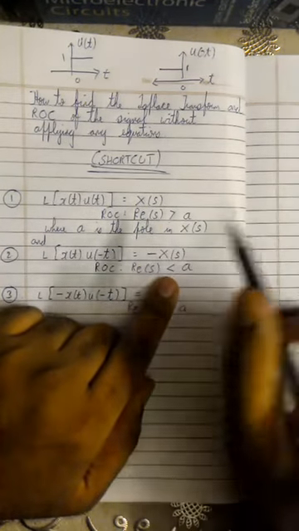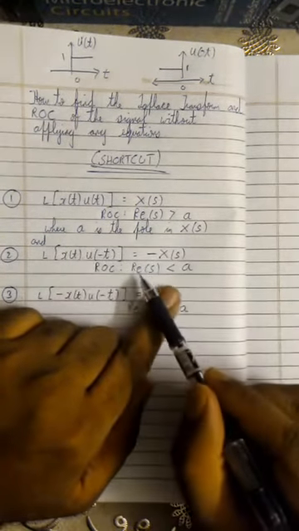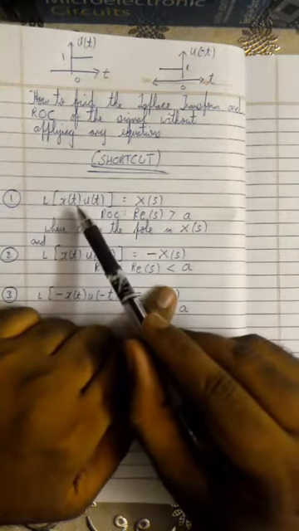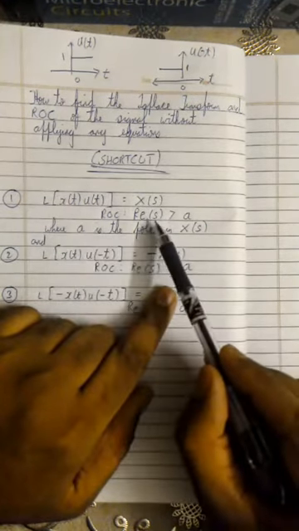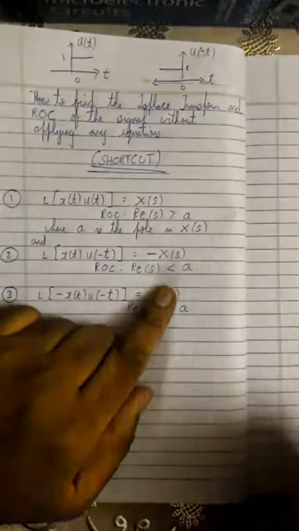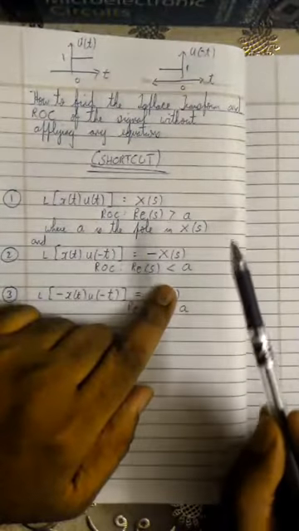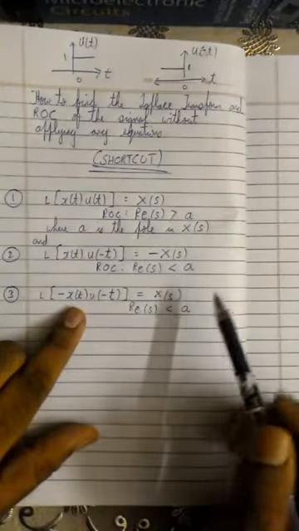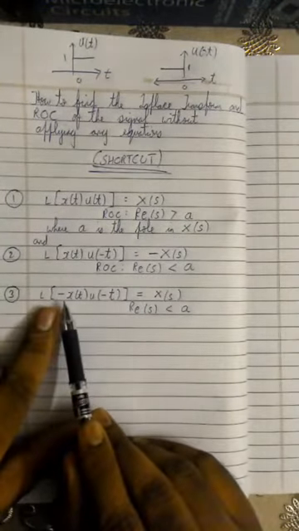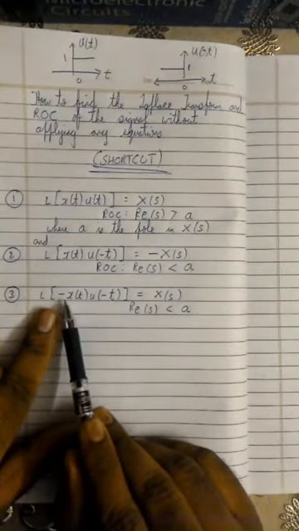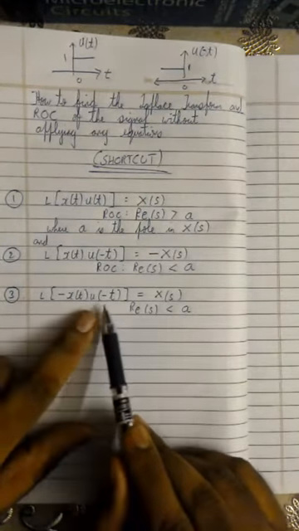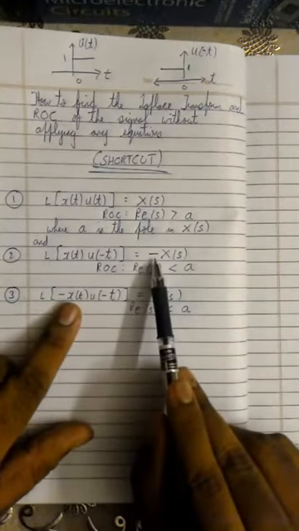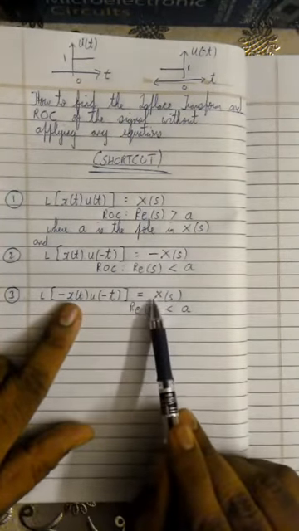That means if it is a left-sided signal, then the real part of s will be less than a. If it is a right-sided signal, then the real part of s is greater than a, where a is the pole in X of s. Likewise, in this example I have already put a minus sign over here, so minus x of t into u of minus t. Minus of minus becomes plus, so this will become X of